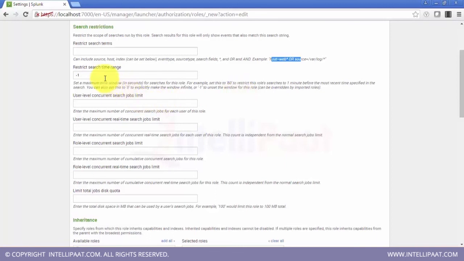So how far back this user can search, suppose 60 minutes, maybe 1 hour, 2 hours, the window of searches that has been given access to this user. So you can set it to 0 for unlimited access, whereas -1 means unsetting the window for this role. So this user might not have any window assigned to him.